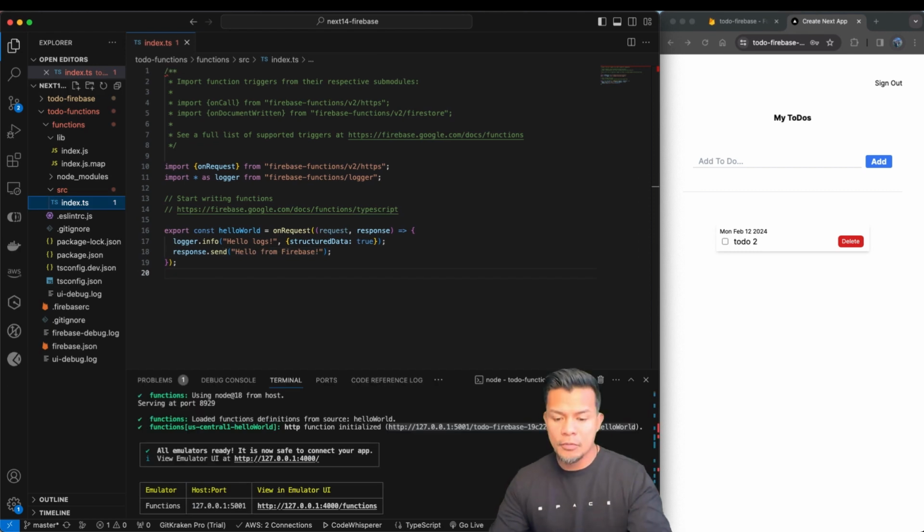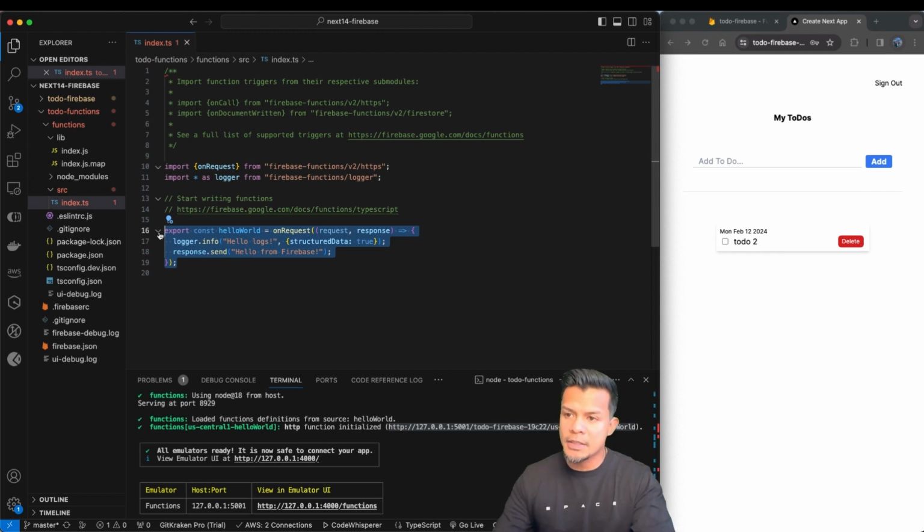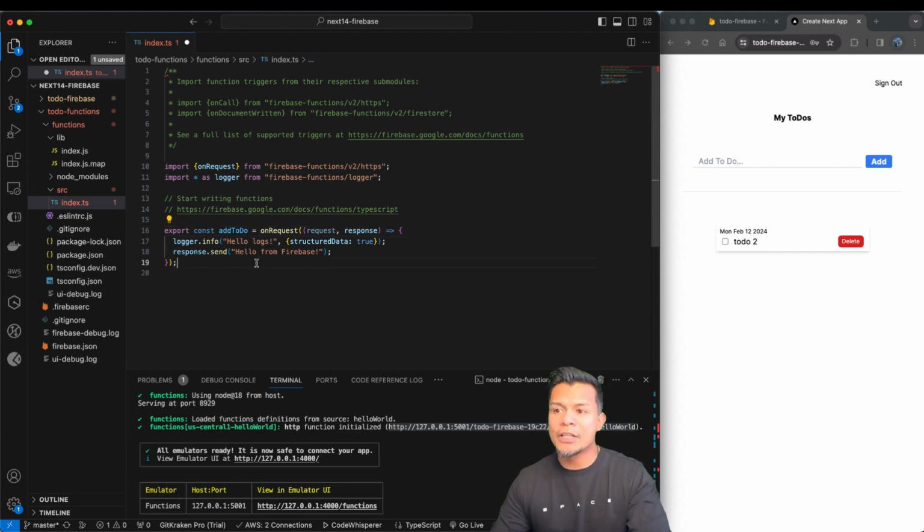All right, so the first thing we'll do here is create a new function. Let's get rid of export const helloWorld, and actually, let's just rename it. Let's create export const addToDo. Now we need to decide: do we want this to be a GET request using URL params, or do we want this to be a POST request with a body included in it? For here, what I'm going to do,